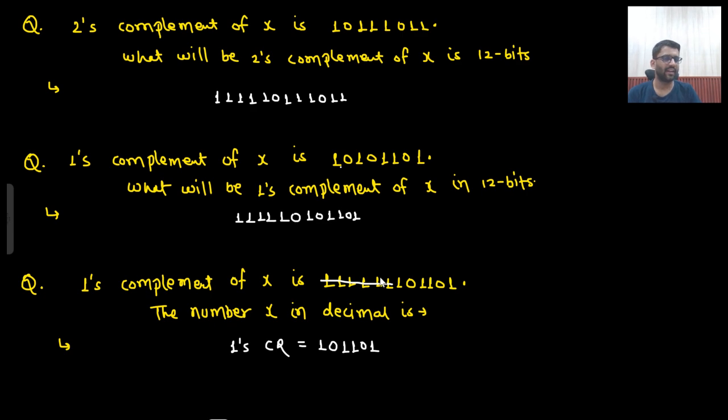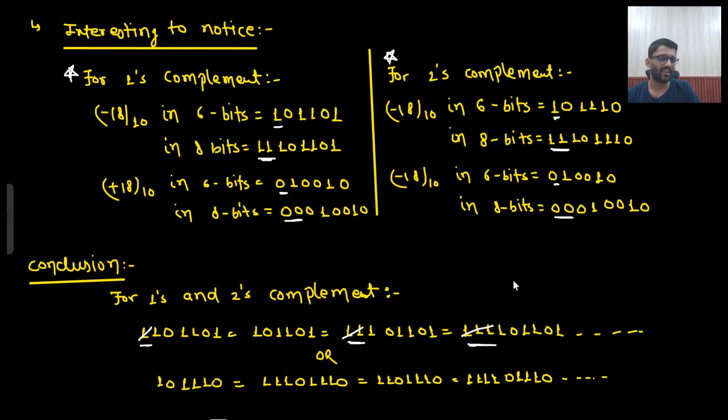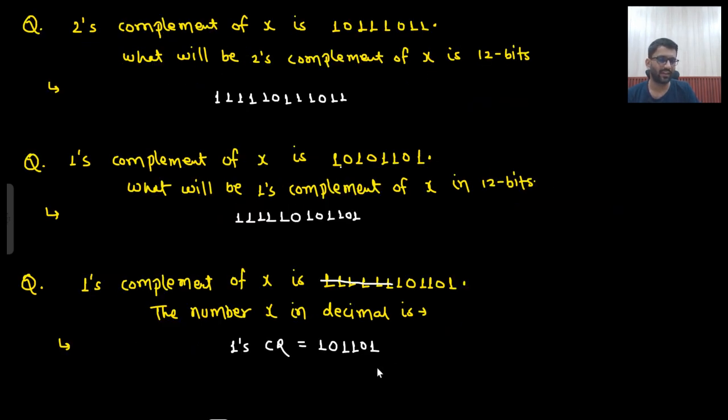1 1 1 are being repeated. I can cut it. 1 0 1 1 0 1 in 1's complement is the same as this number, right? I told you this is being repeated, so I can cut it. If I cut it here, I am getting 1 0 1 1 0 1. Now if I take 1's complement,